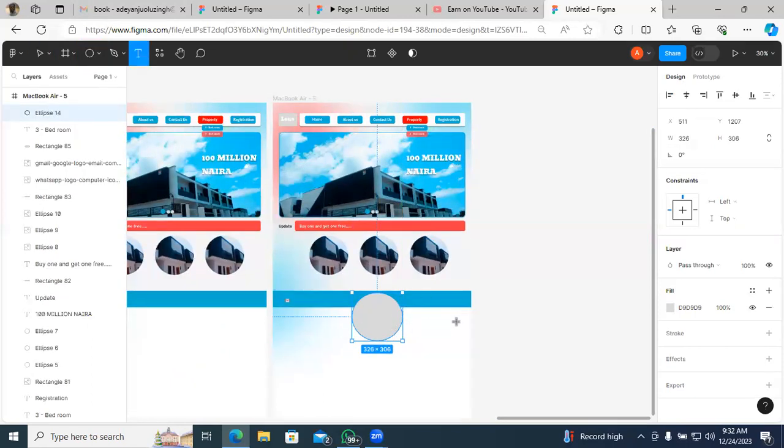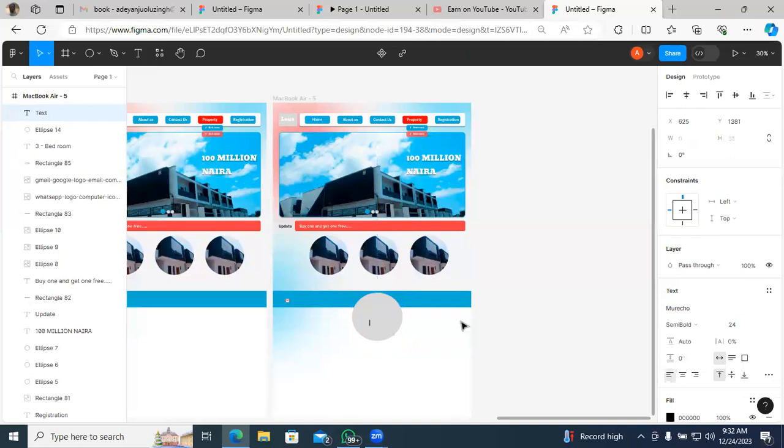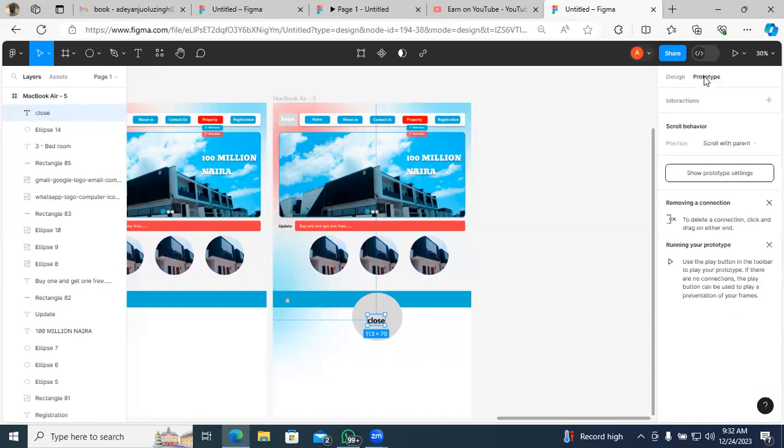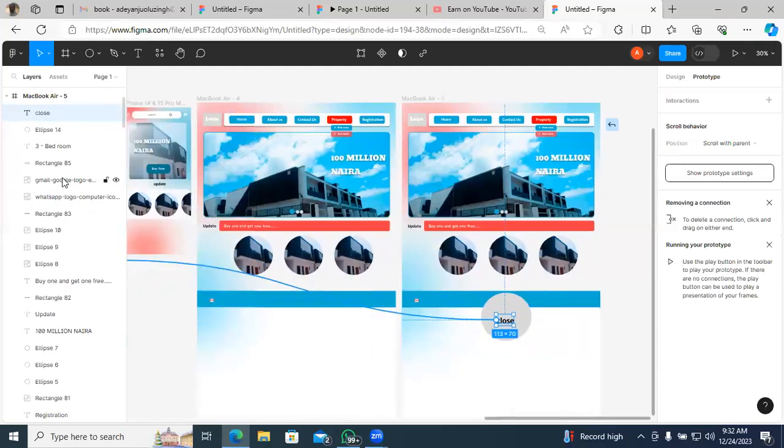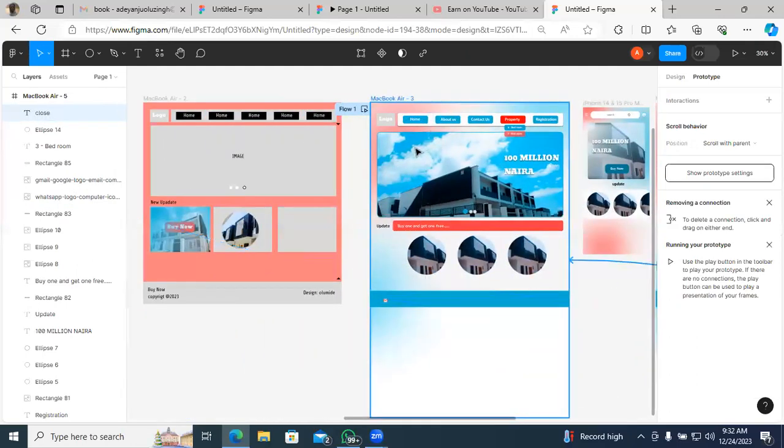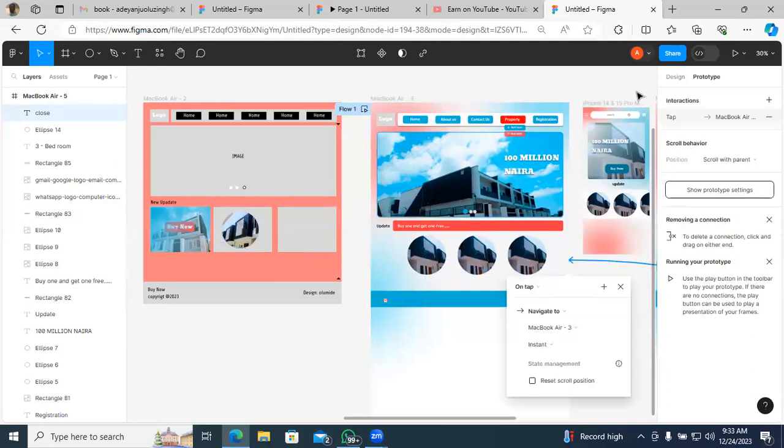So when I click close from here, it will go back to our home. This is our home here. Do you understand? So let's play what we've done and let's see what we did.